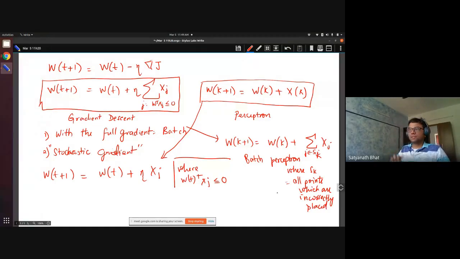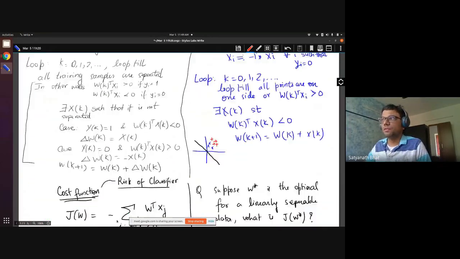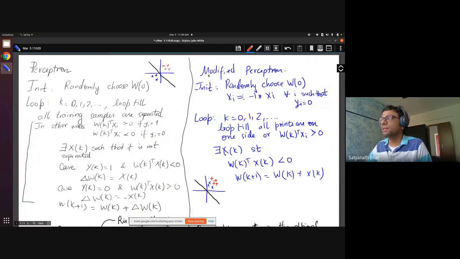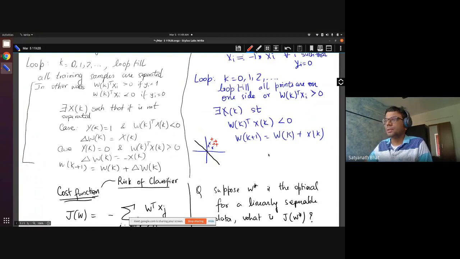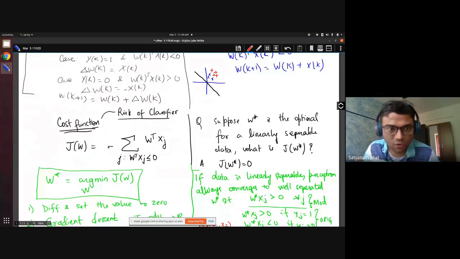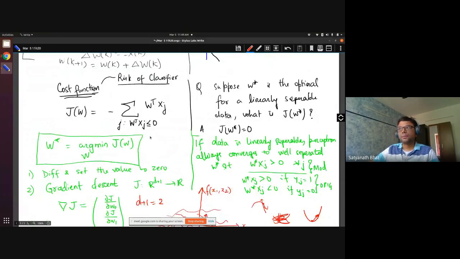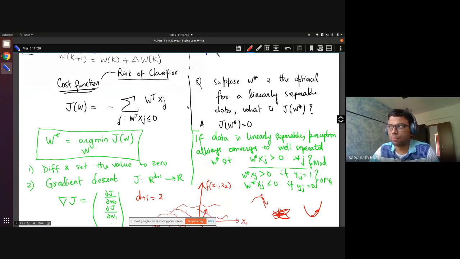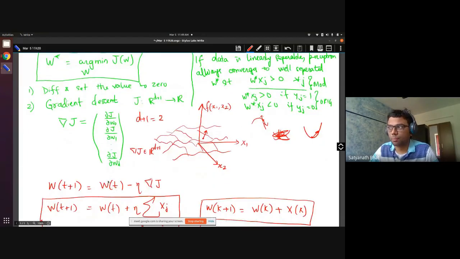Let me give a quick recap of what we discussed so far. We started off with the original perceptron, and then we looked at the modified perceptron. The idea of both these algorithms, I hope, was clear. Then we went towards what is called an optimization view of the perceptron, which is basically trying to measure how good the algorithm is doing at a particular round. So you can measure this G of W at every round. That allows us to consider a gradient descent approach to solving this problem.